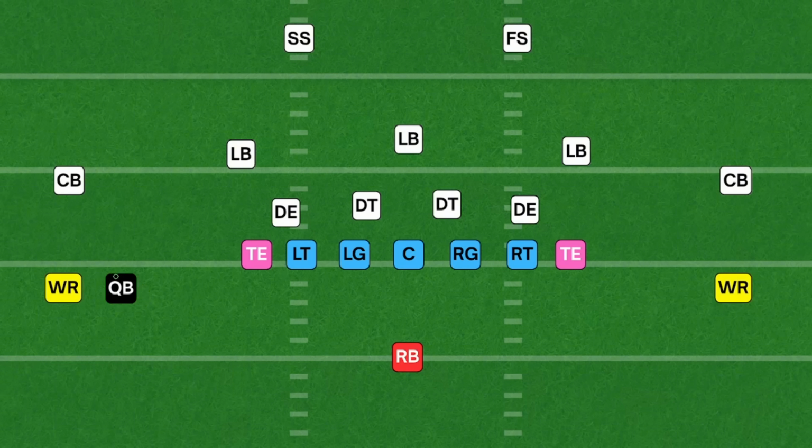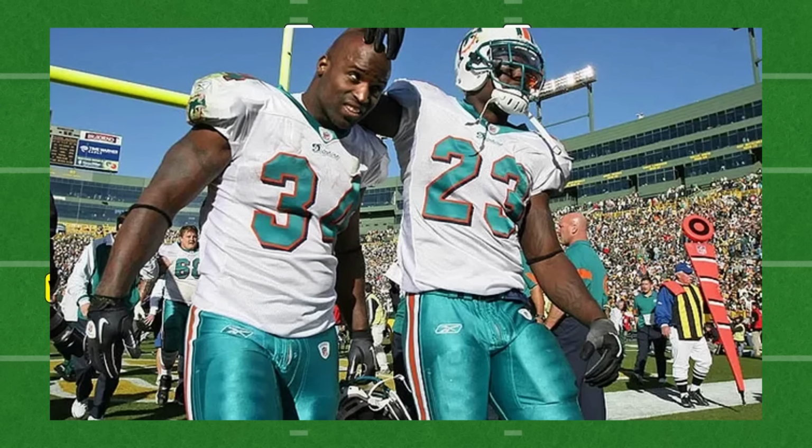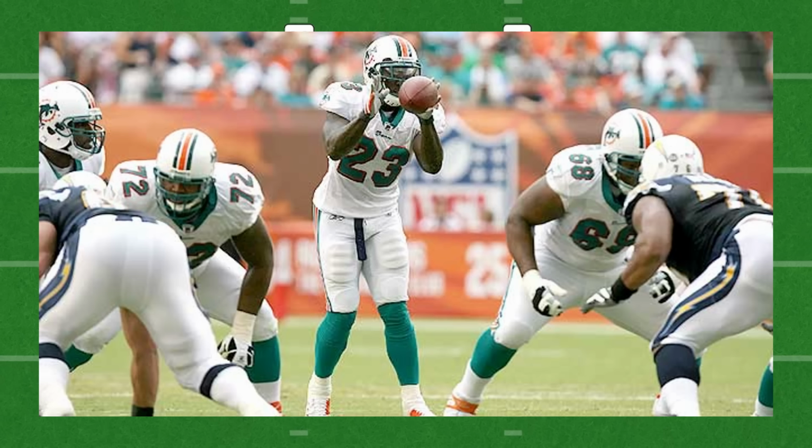In Wildcat, either the quarterback becomes a receiver running a route or you replace him with another blocker. Now you have 10 players blocking for 1 runner instead of 9. The Dolphins used Ronnie Brown and Ricky Williams in Wildcat packages and broke several long touchdown runs. The formation was so effective that teams across the NFL started copying it, giving it their own names like Arkansas's